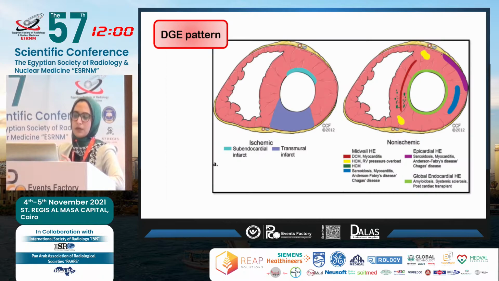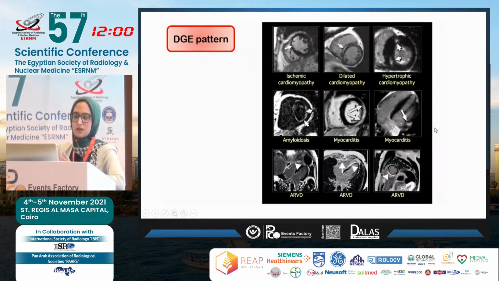And using the late gadolinium imaging pattern, you can actually differentiate whether this is an ischemic cardiomyopathy or non-ischemic cardiomyopathy. As we said, in ischemic cardiomyopathy, you get subendocardial or transmural enhancement in a territorial fashion, and in the non-ischemic, you get mid-ventricular, subepicardial, or global subendocardial enhancement. So these are the different patterns that guide you whether you're in an ischemic pathology or you have other non-ischemic